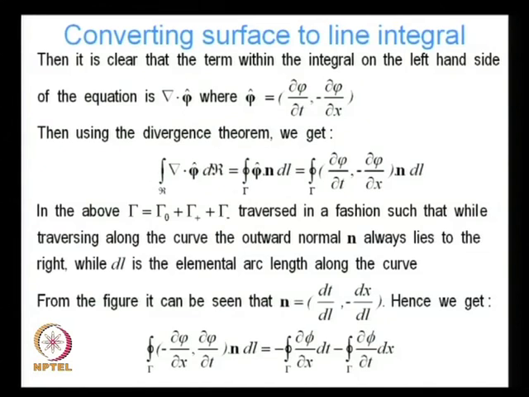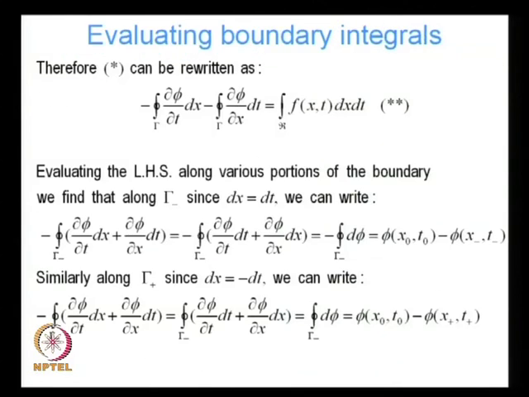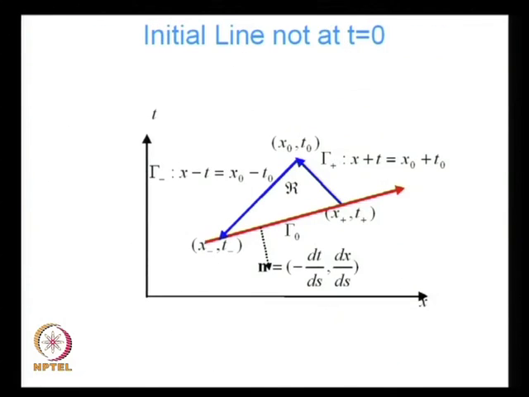And dl is the elemental infinitesimal arc length along that curve. From the figure, it can be seen that the normal is actually given by dt/dl, minus dx/dl. If you take a look, you can see here that the normal is minus dt/ds, it has a negative component, dt, pointing in this direction, minus dt/ds and dx/ds. So, that is my normal,